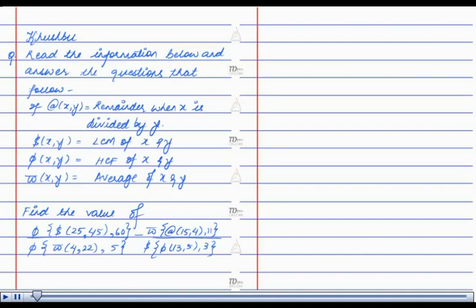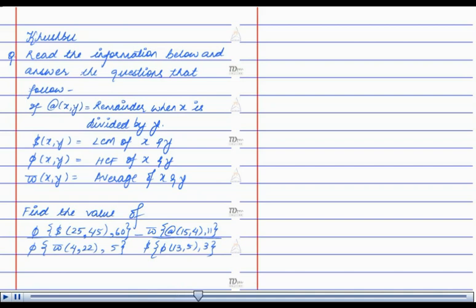Hello, I am Khushbu. The question is, read the information below and answer the questions that follow. If @ of x, y is equal to the remainder when x is divided by y, $ of xy is LCM of x and y, phi of xy is HCF of x and y, omega of xy is the average of x and y, find the value of phi of $ of 25, 45, 60 upon phi of omega of 4, 22, 5 minus omega of @ of 15, 4, 11 whole upon $ of phi of 13,